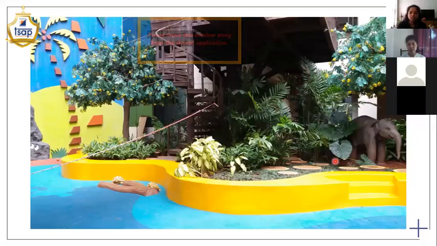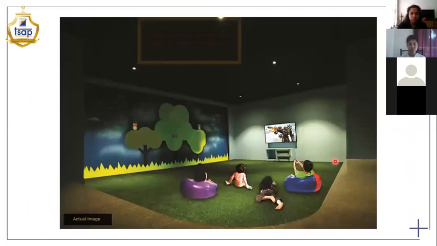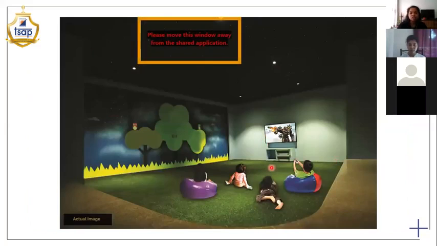Moving ahead, this jungle also had your tree house, which took you up to the ninth floor. And this is the Starry Night. This is an actual image, except for the kids and the screen, which has been added in post. So the whole room was darkened, given the look of a night, and there are stars on the ceiling. And the idea was to have a screen, so it would be like an AV room for the kids.